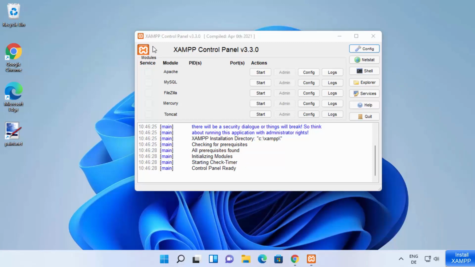On this XAMPP control panel window, you will be able to see all these modules: the Apache module, MySQL, FileZilla, Mercury and Tomcat. You will also see some buttons in front of all these modules. The first section is for the start or stop buttons, and the next section is for the config button. You can configure all these modules using this config button. You can also see the individual logs of all these modules. If they have any errors, you will be able to see them in the